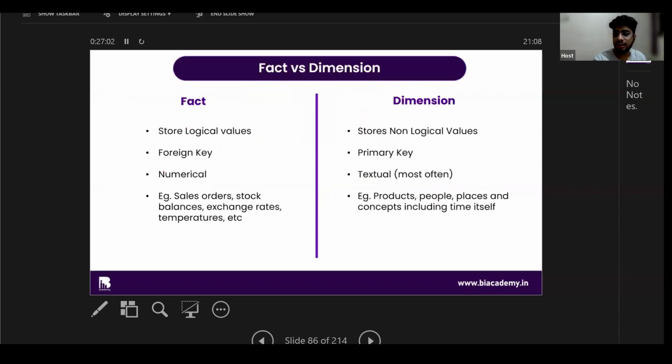Let's go ahead. Let's understand what is fact table and what is dimension table. Okay. So let's understand how to identify fact table and how to identify dimension table. Very, very important topic. Pay attention, guys. Fact table is something which stores logical values. Okay. Dimension table is something which stores non-logical values. Meaning what? Fact table is something which has